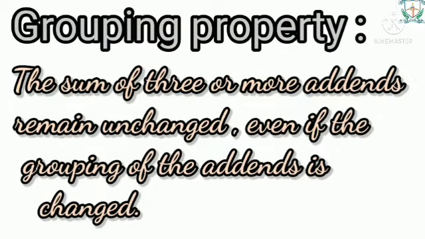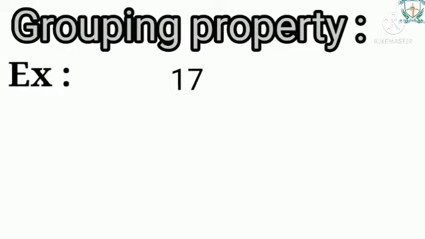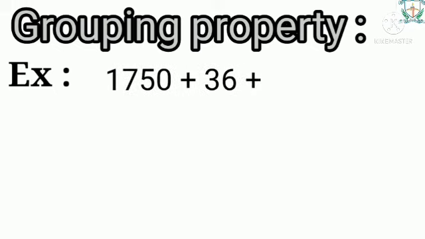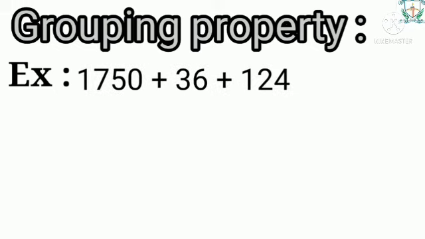Property 3. Grouping property. The sum of 3 or more addends remains unchanged even if the grouping of the addends is changed. For example, 1,750 plus 36 plus 124. Here we are adding the first two terms and then adding the third term. The sum is